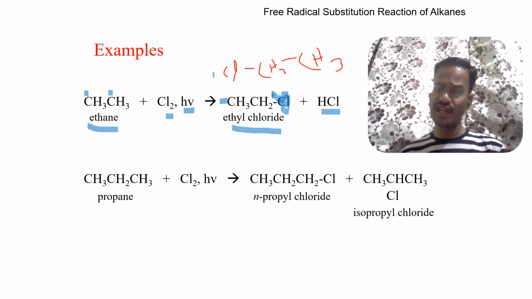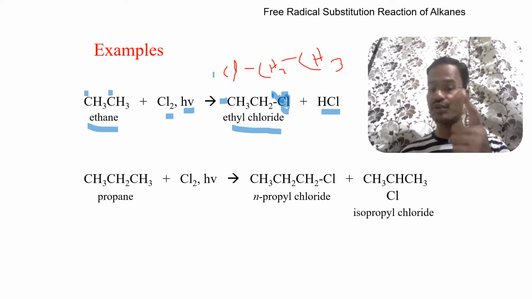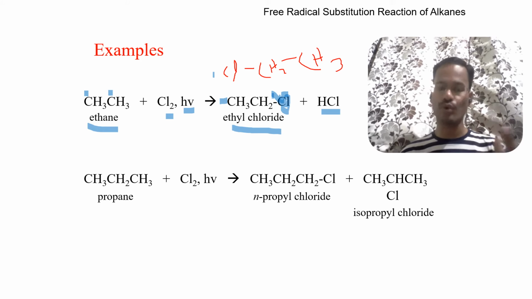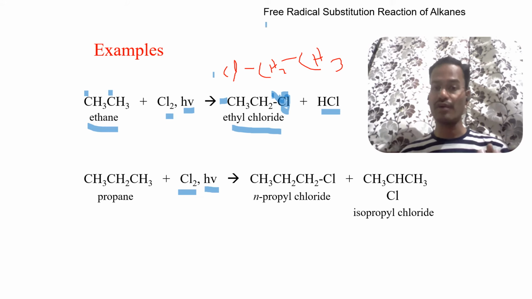Even if it is in this direction, it is called ethyl chloride. So I have written only one product. In case of propane, it is not the criteria. If propane is subjected to halogenation in presence of UV light, that is via the free radical substitution reaction